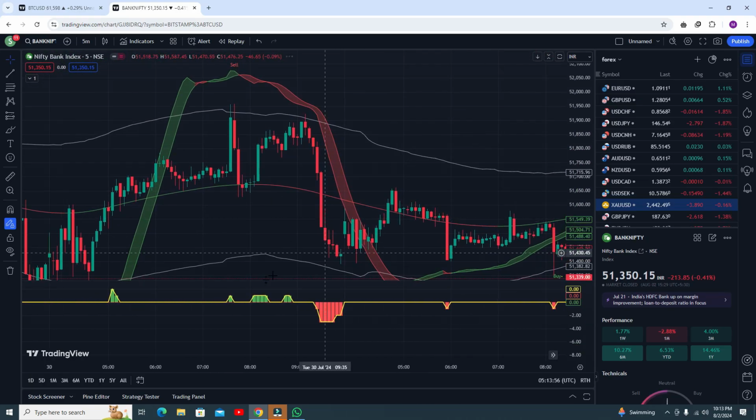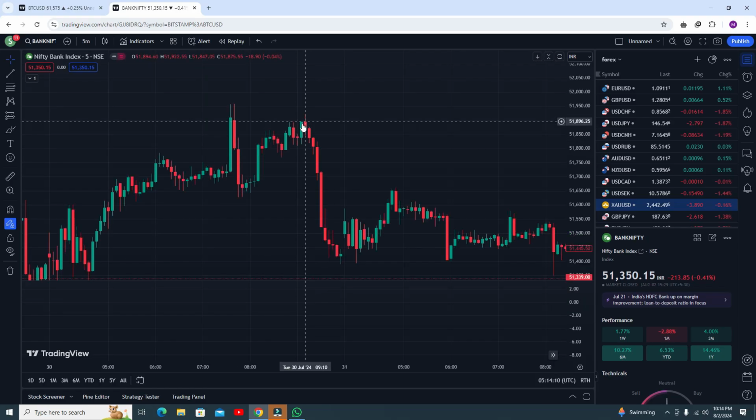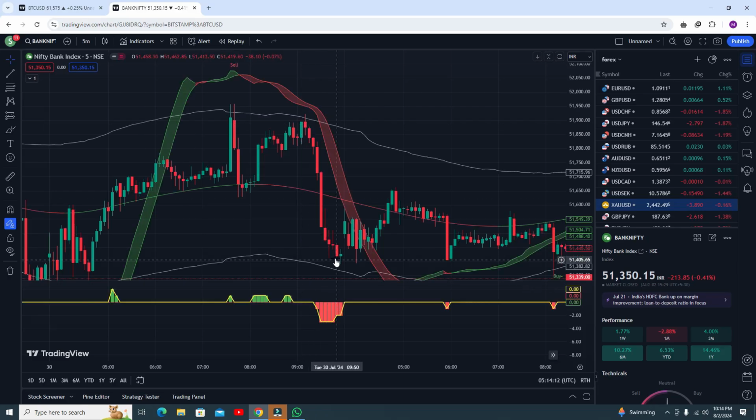Here you can see there is some buy volume when you are getting the sell signal, so you do not need to go for the sell position. After that you got the sell signal and so on. Here you can go for the sell position from this point. Okay, and it gives you some awesome profit.